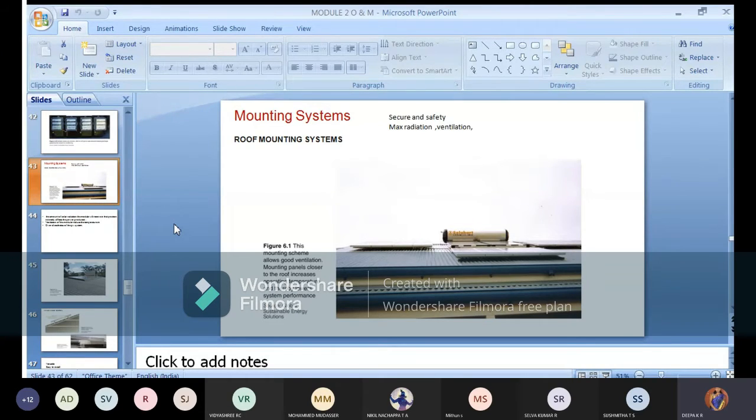First, we have discussed the roof mounting system. Most of the remaining types that we are discussing in today's class will be just a continuation of roof mounting, or most of the key points we discussed in roof mounting will be continued. Depending upon the location where we cannot go for this roof kind of mounting, in those places we prefer a different kind. So first is roof mounting.